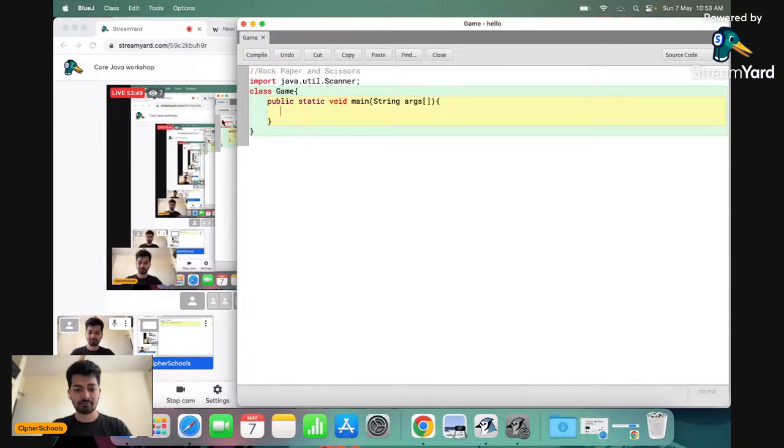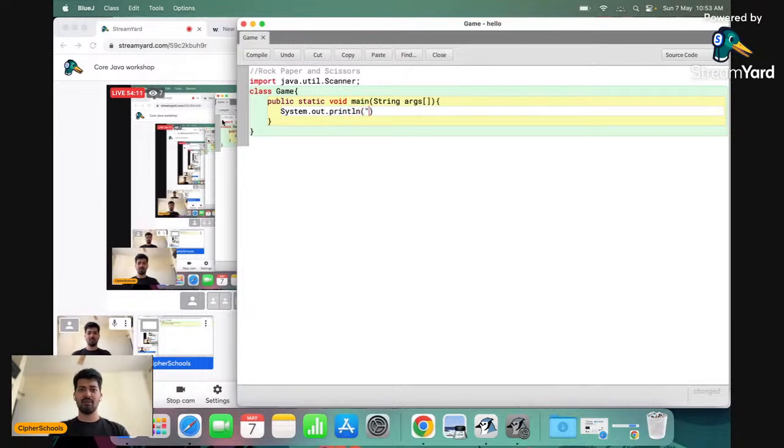Now, the first thing I'm going to do is write a message with System.out.println. Ln means line. You can also remove ln, and in that case it will not print on a new line.